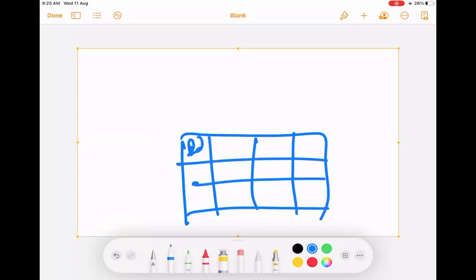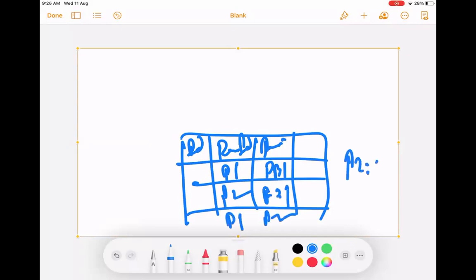What will price book entry have? ID, product ID, and price book ID. Product 1, price book 1, product 2, price book 1, product 1, price book 2, product 2, price book 2. Right? Simple. And here I will have the price. I'm getting the point. Are you understanding what is the table? Very easy. Yes, right?